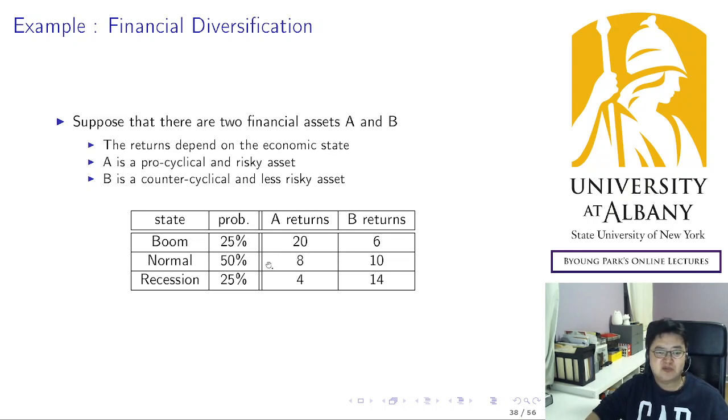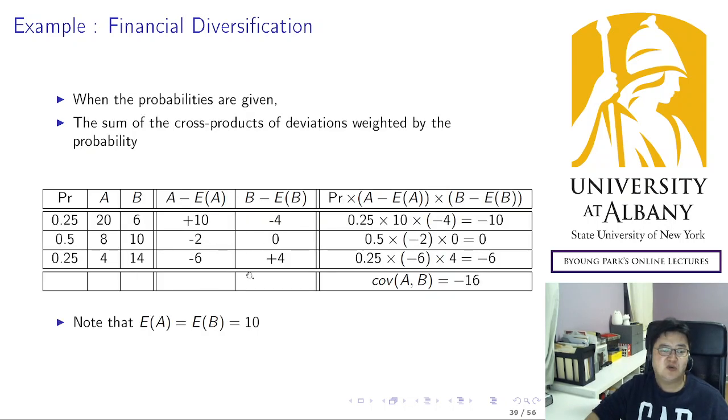Using those probabilities and outcomes, you know how to calculate their mean. So you will obtain the same mean for both assets. The two assets are very different, but in terms of their mean they are the same, and the expected return is the same. The reason we calculate the mean is that we need to calculate the deviation to